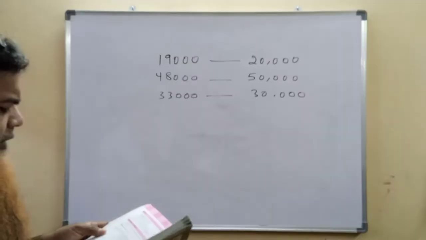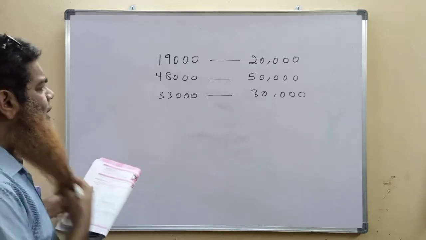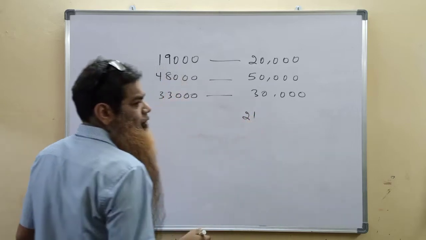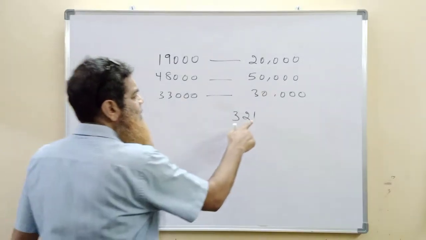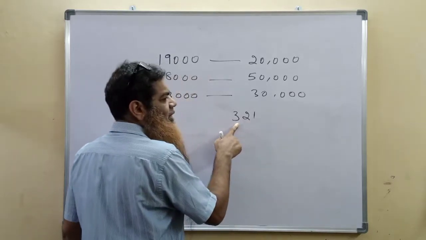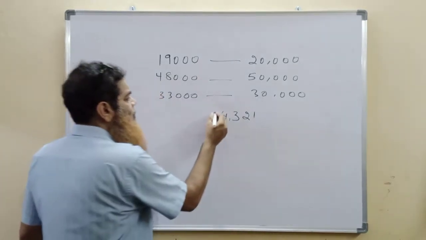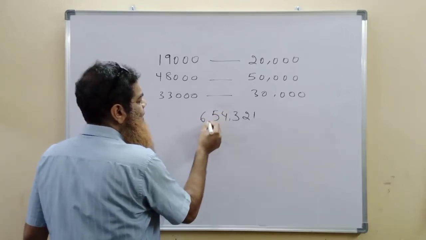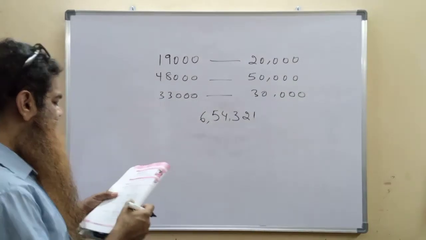Next, in this section 1.4, revision of place value. Place values, if we go back a little bit for your general understanding, this is 1, 2, 1 is 21, 3, 2, 1 is 321. This was a single digit number, this was a two digit number, this is tens place, then this is hundreds place. Three digits make 100. Then we have 4,321. We have 54,321. Now this is a big number for you, 6,54,321. This is a 6-digit number.